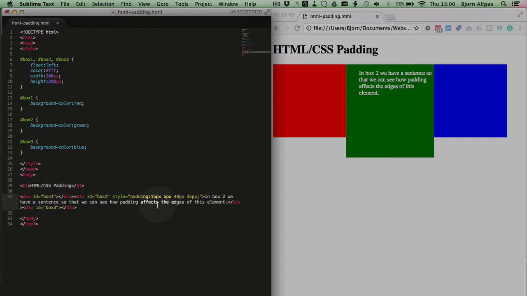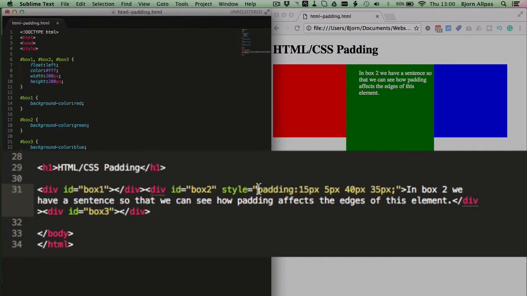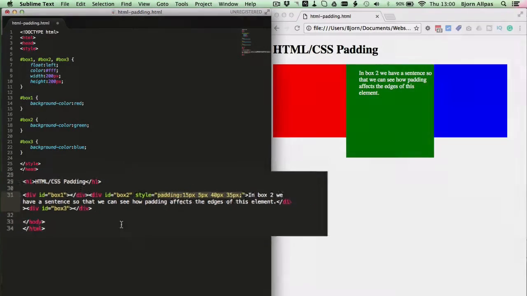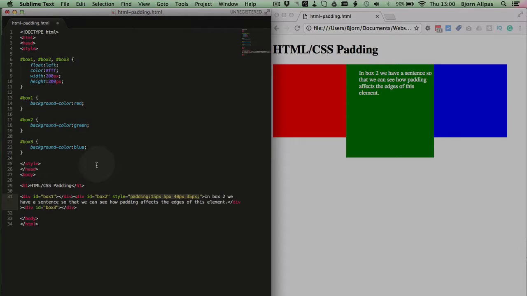Now to take this one step further, we can take this CSS out of being inline. So we take it out of the HTML and we put it somewhere where the CSS lives. So that's either in the head, in a style section, or in a separate style sheet. So on this HTML file, I have a style section up here. I have a style opening tag in the head, a style closing tag, and in between, I have a bunch